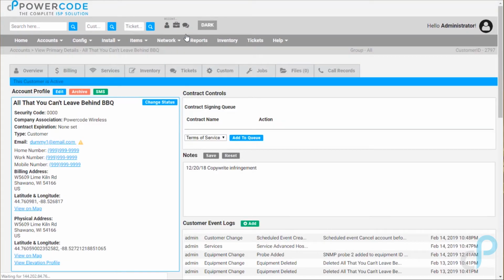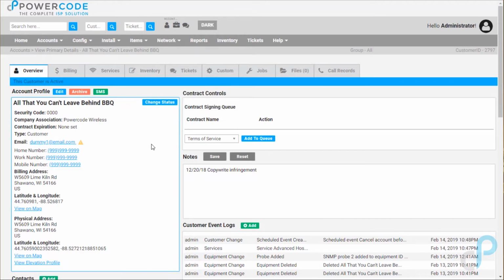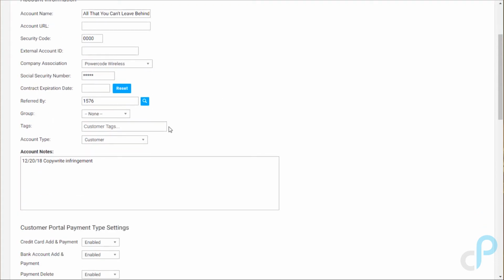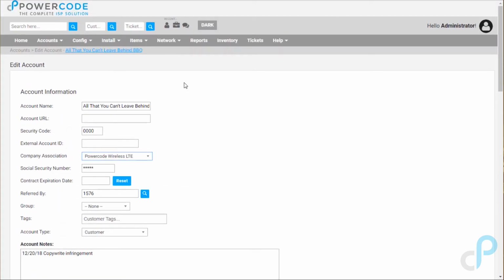All the invoicing would have a different logo, different remittance address. On your emails, you could have a different domain they're sent back to. So from your side in Powercode, everything looks the same. But to your customers on the outside, if you have two customers next door that both are from different companies, they would think they're using two completely different systems, and they would have completely different communication, and all of the remittance and visibility, including the account portal, would be skinned based on whichever company association they were attached